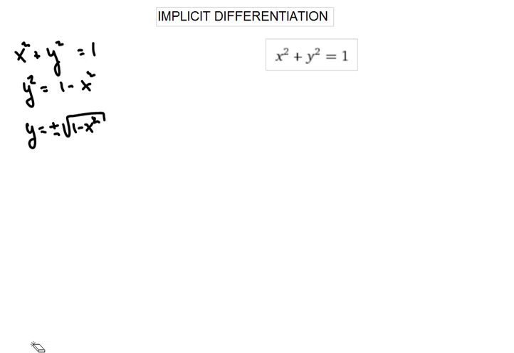Alright, so you can see over here that I've started by placing the original expression, x squared plus y squared equals 1. Then I solve for y, and I get y is equal to plus or minus the square root of 1 minus x squared. If I wanted to find the derivative of that, then